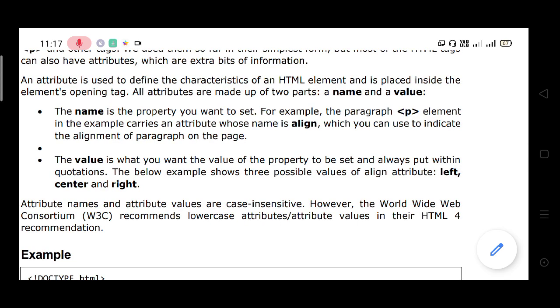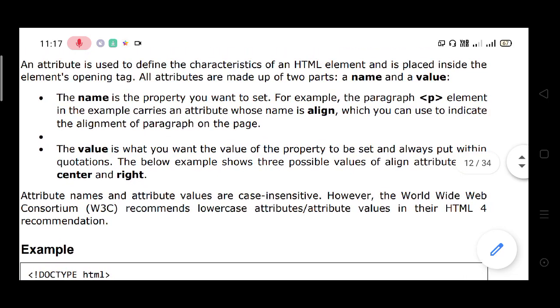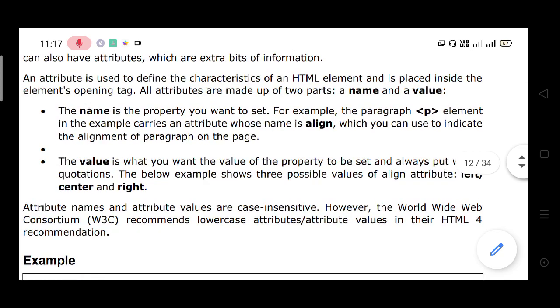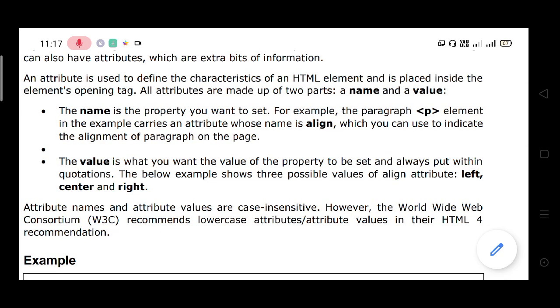For example, the paragraph P element in this example carries an attribute whose name is align.